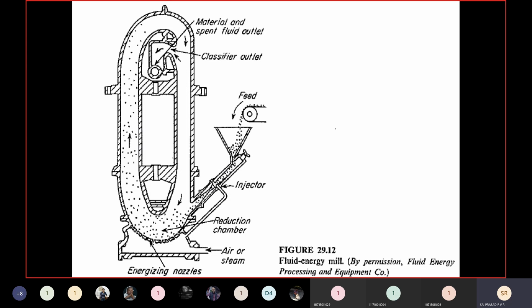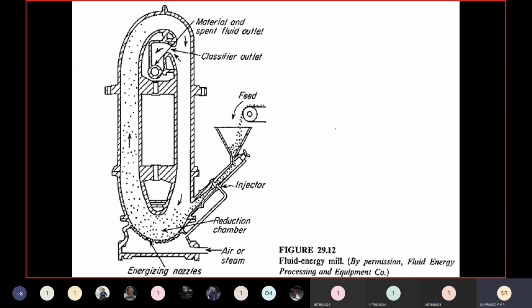And if any particle is rubbing against the walls of the container, its size will be decreased. That is a secondary effect. But the major size reduction is taking place only because of interparticulate attrition. How is it possible? Because the particles are introduced into a high turbulence zone. We create a high turbulence zone, and there we introduce these solid particles, and thus the particle size reduction takes place. Can you imagine, as the size of the particle is decreasing, it is virtually impossible for us to touch the particle and then apply the force.